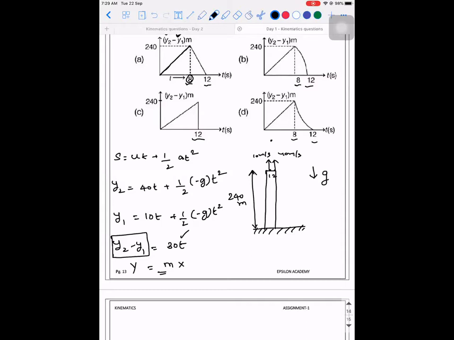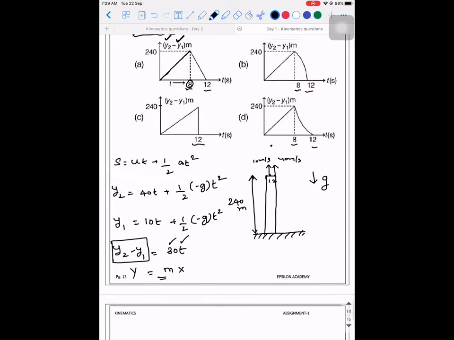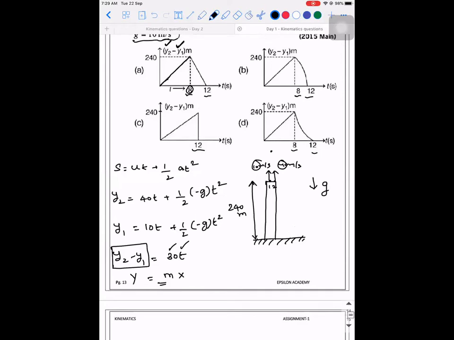Right? So the initial relative velocity is 30 meters per second. If at all the question had been, what is the initial relative velocity? Obviously it will be 30. We need not even solve this because 40 minus 10 would have given you the answer. But mathematically also we have proved. I hope it is clear till this point.